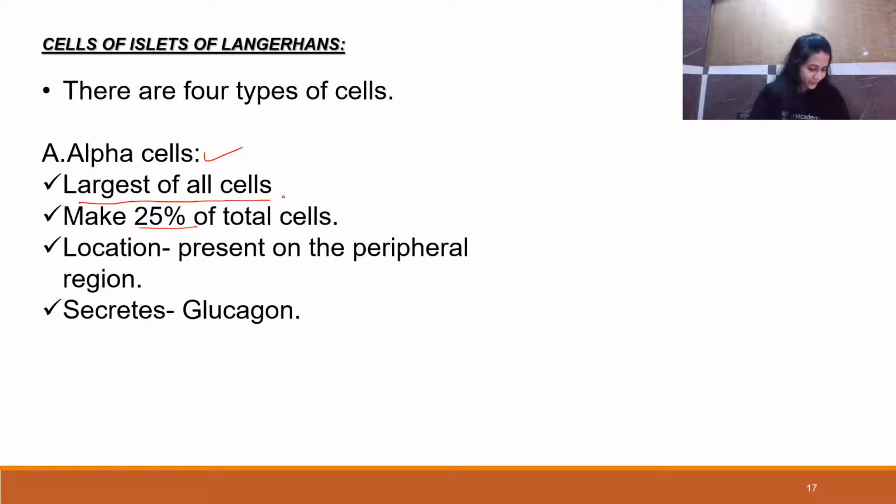All right. Okay. Yes, yes, Biswajit. The fourth one, no, beta. The third one is somatostatin. The fourth one is PP, pancreatic polypeptide. We'll come to that. We'll come to that. Wait. Okay. So,